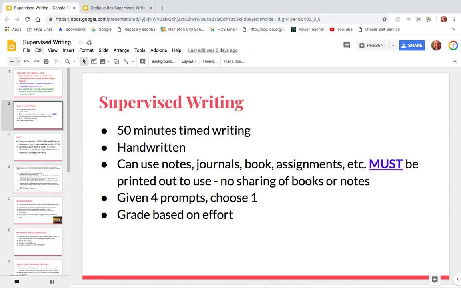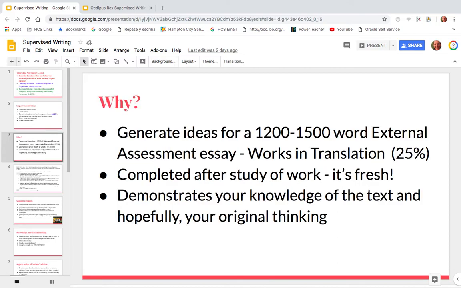You will be given 4 prompts, and you will choose one of them, and then you will write on that prompt. And this grade, like a lot of things here in IB, is graded on effort because I can't grade the content. The reason we do it is to generate ideas for a possible eventual 1,200 to 1,500 word external assessment essay, which is a works and translation, worth 25% of your IB diploma grade